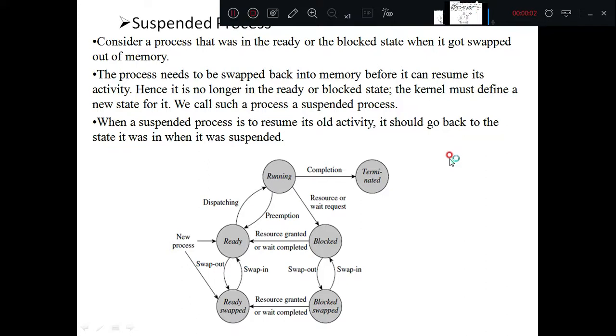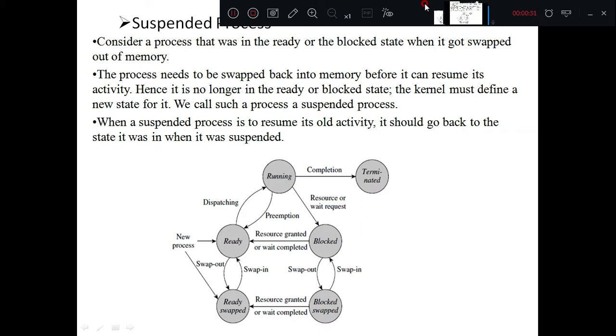Good morning, students. In the last class we saw the state diagram of a process and how the transition of different states takes place with the help of a state transition diagram, right? In today's class we will see one more state transition diagram in which two new states are included, where in the last class, you might remember, I discussed the suspended processes at the end.